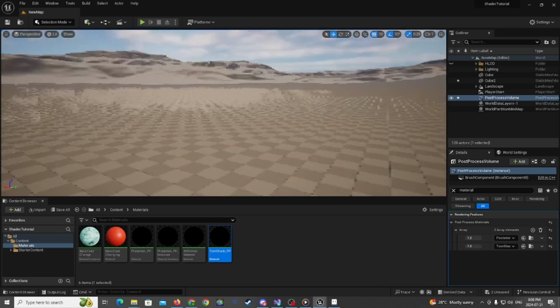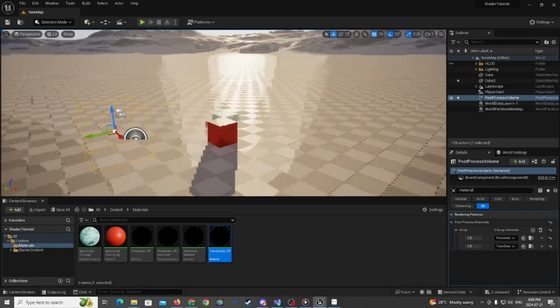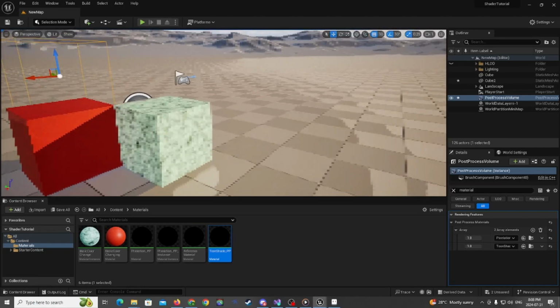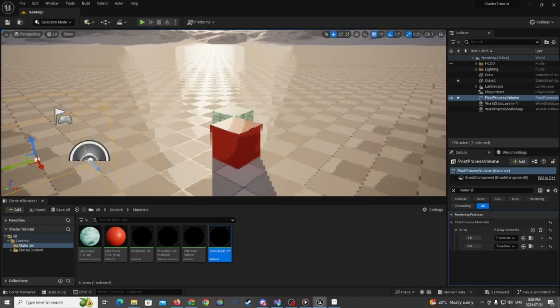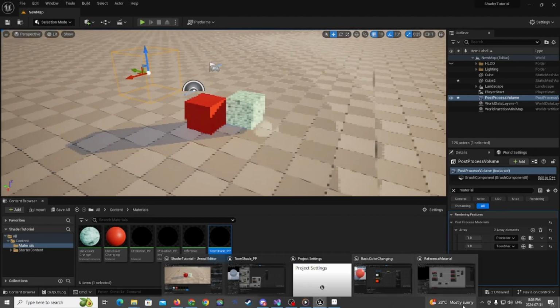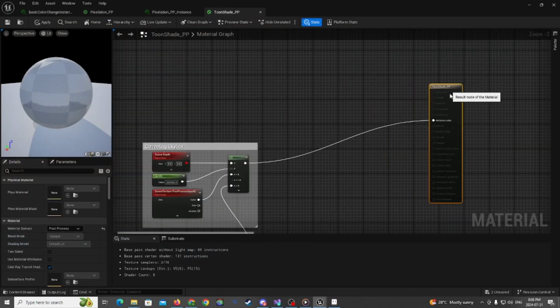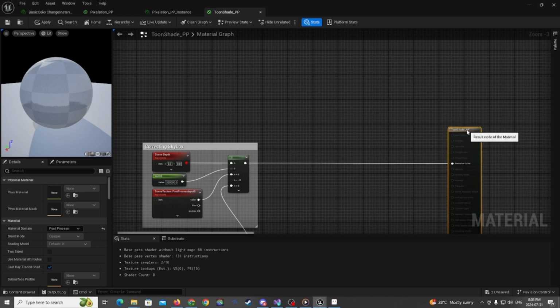Pretty cool. But let's say, for example, we can take this a bit further. Let's say you want to make it to where this effect can only affect certain objects. Well, we can do that too with this material. So how do we do it? Well, in case you want to have that functionality where you can apply it to certain objects only,